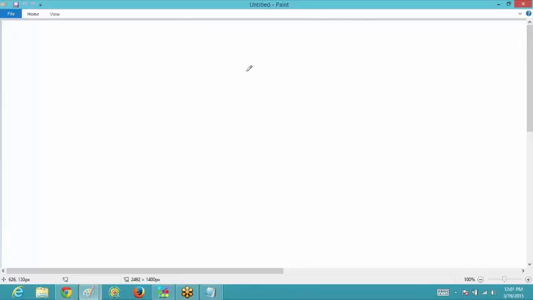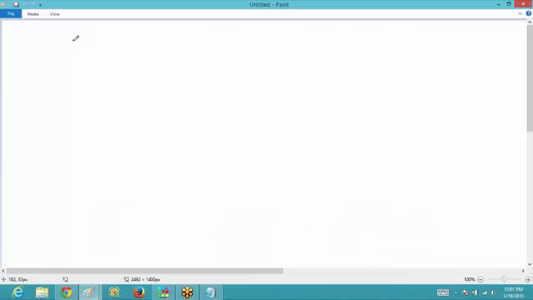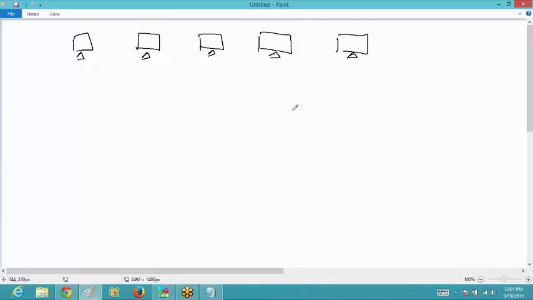I will ask them that you need to write down the test cases. Every tester would be writing down the test cases on their own system, so on the 5 systems they would be writing down their test cases.